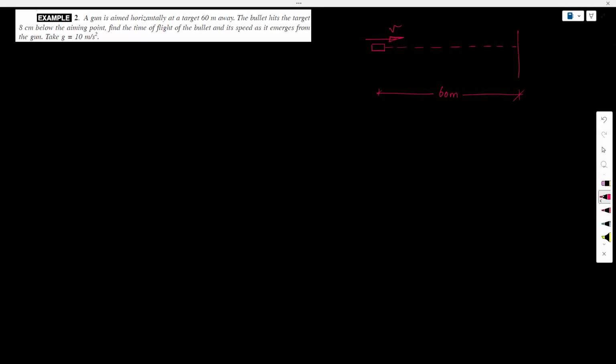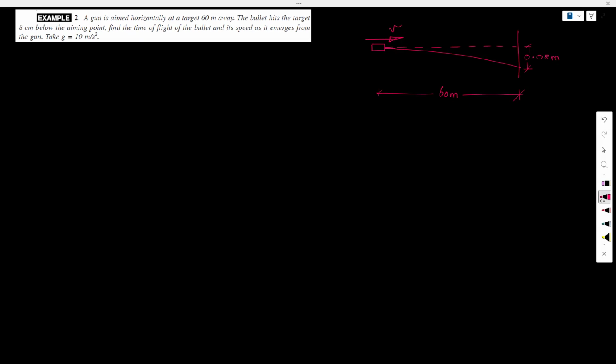So we know that in projectile, due to the gravitational acceleration that is pulling any objects in the downward direction, the object always gets accelerated in the downward direction. So the bullet is supposed to hit at the horizontal level, but it hits 8 centimeters down. So we will convert everything to meters to eliminate any mistakes in the substitution in the equation, because when you are substituting in the equation, you have to substitute in the same unit, otherwise you will make mistakes. So I have converted it to meters, so it is 0.08. Now the questions are find the time of flight and its speed, and we are supposed to take g as